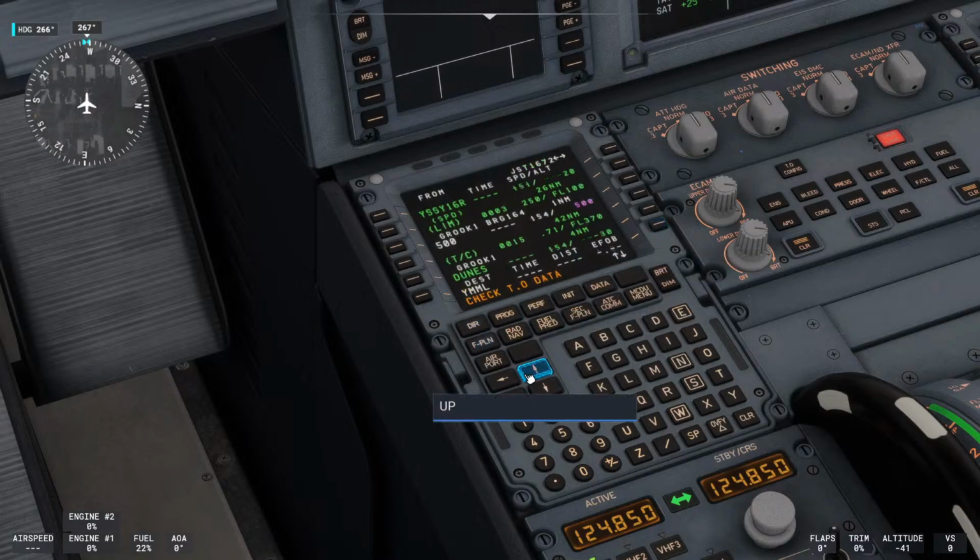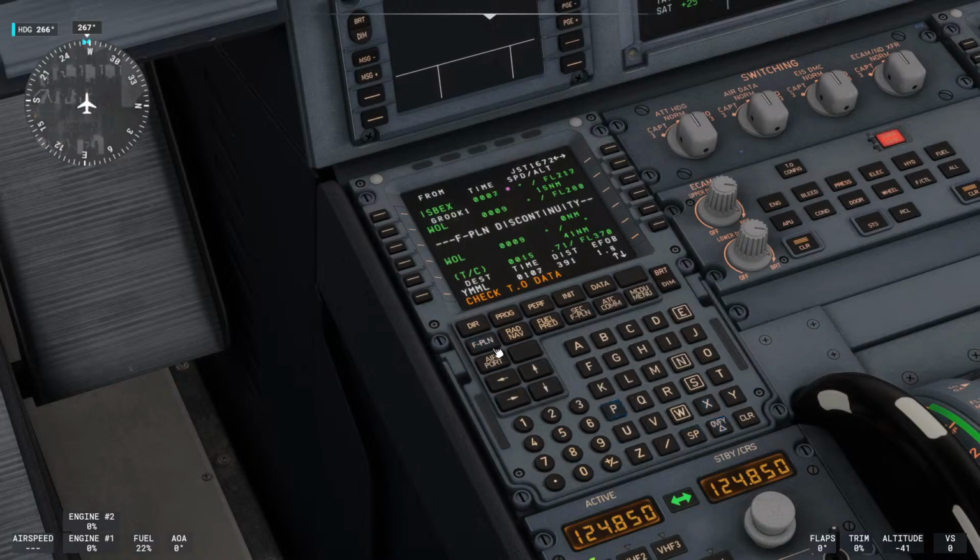It changes the departure procedure, which is what you want it to do. Now, here's a flight plan discontinuity. Leave it for, actually no, clear it till it has clear here, because I don't know, just, you can go clear. I'm going to clear it,